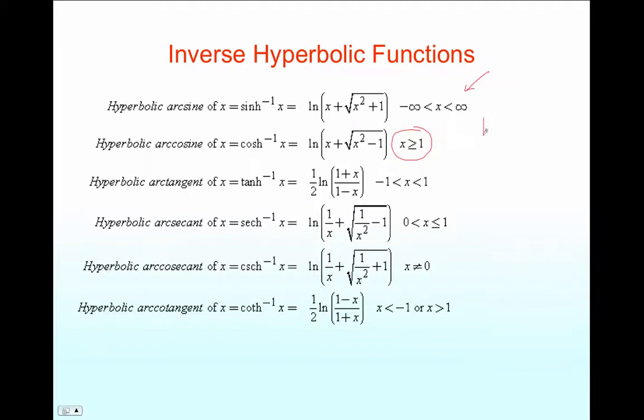And that's because if you remember the plot of cosh of x, it goes like this. So its minimum value is 1, and let's say that cosh had this value, then there are two possible values